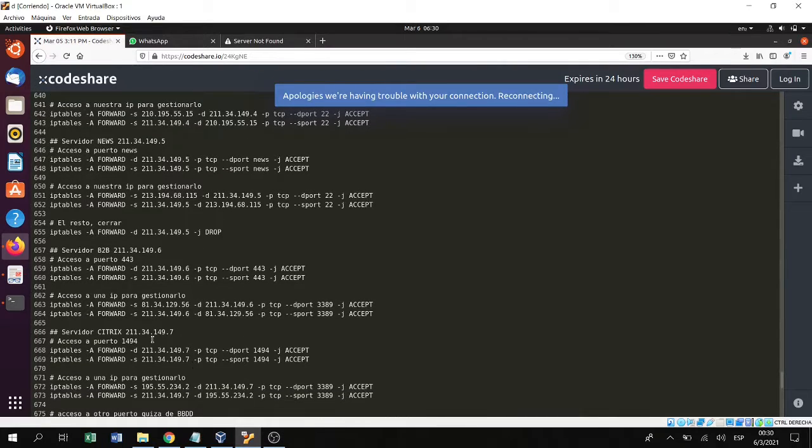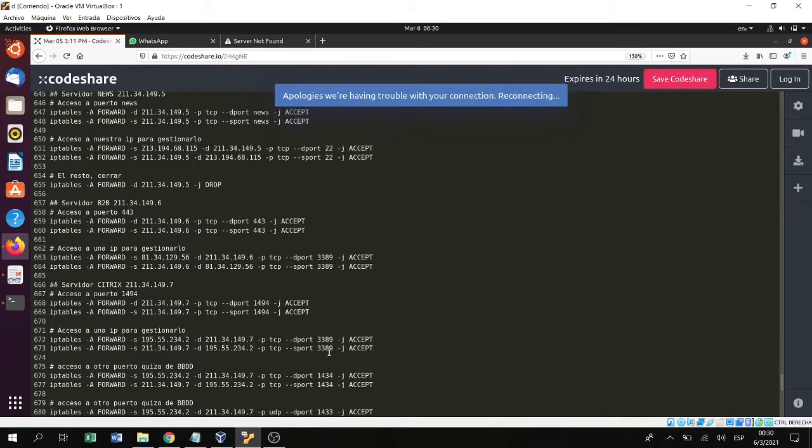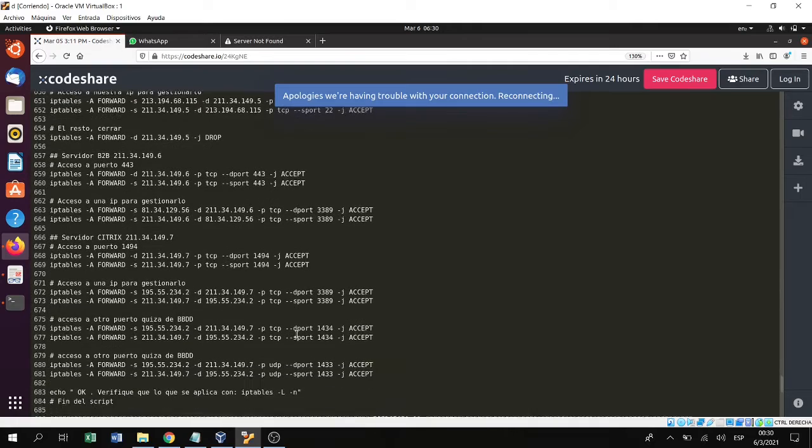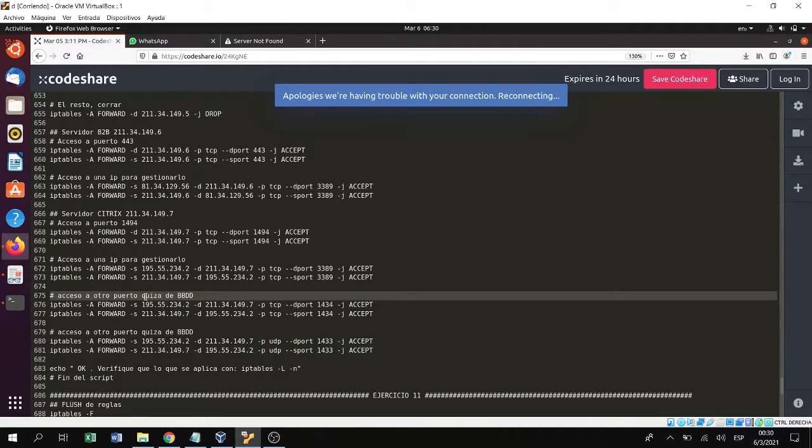Then we have the Citrix server with this direction, and access to the port 1494, and access to an IP to manage it. And finally we have access to another database port, perhaps